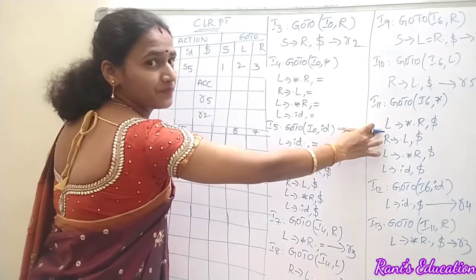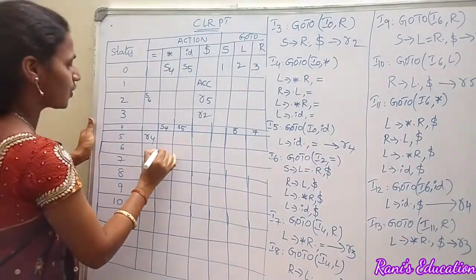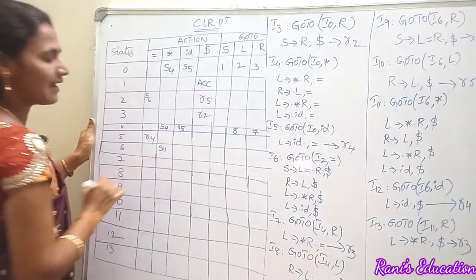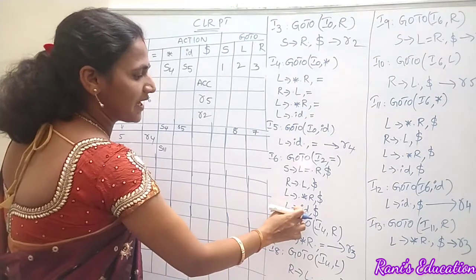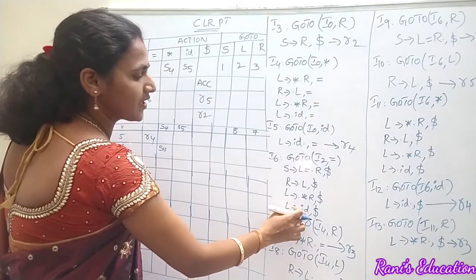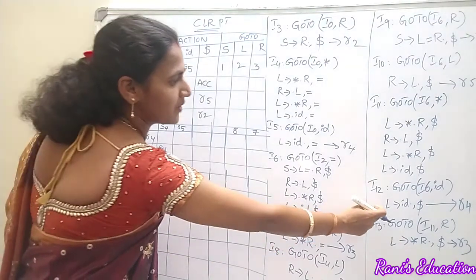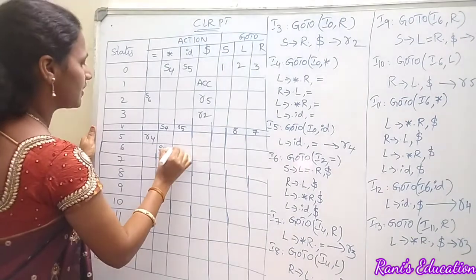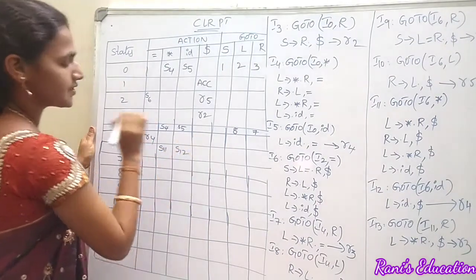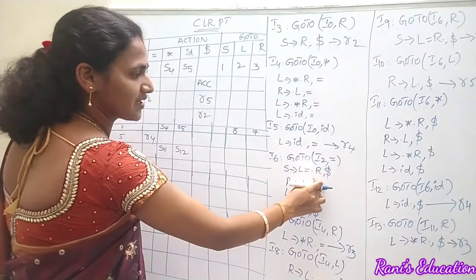In I11, isn't it? So under asterisk for the sixth item you are going to write S11. Yes please. Now, still we have one more production, that is dot ID is shifted to ID dot with a look ahead dollar. In which item? I12, isn't it? That is ID, we are going to write S12. Isn't it?